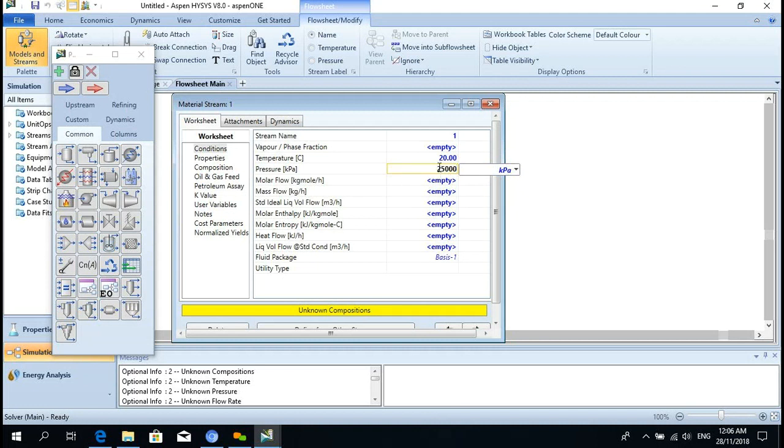So this is kilopascal, 2500 only. This is 25 bar. See, take the arrow on top of this, you will see 25 bar.